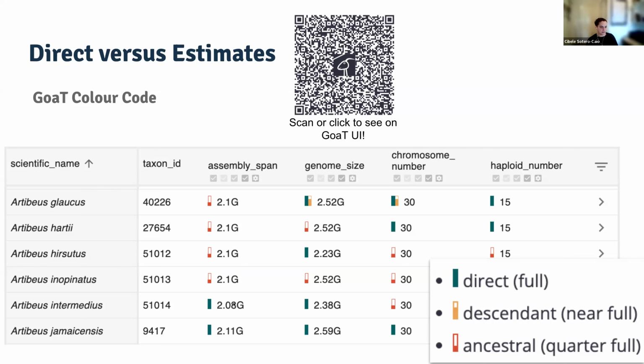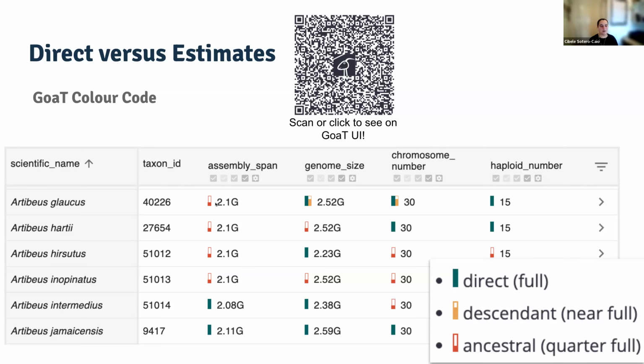But anyways, you can see that there are two values here for these two species. They are in the same genus. So what GOAT does is create an estimate, a summary value, right? And populates, I think this one was made with the median, of all of the possible values for the genus, and then it populates back. So you can see it's in red.